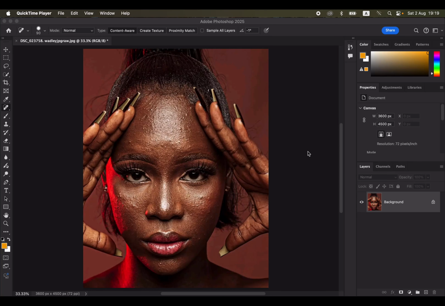Hello, in this video, I'll show you high-end skin retouching in Photoshop from the start to the very end using